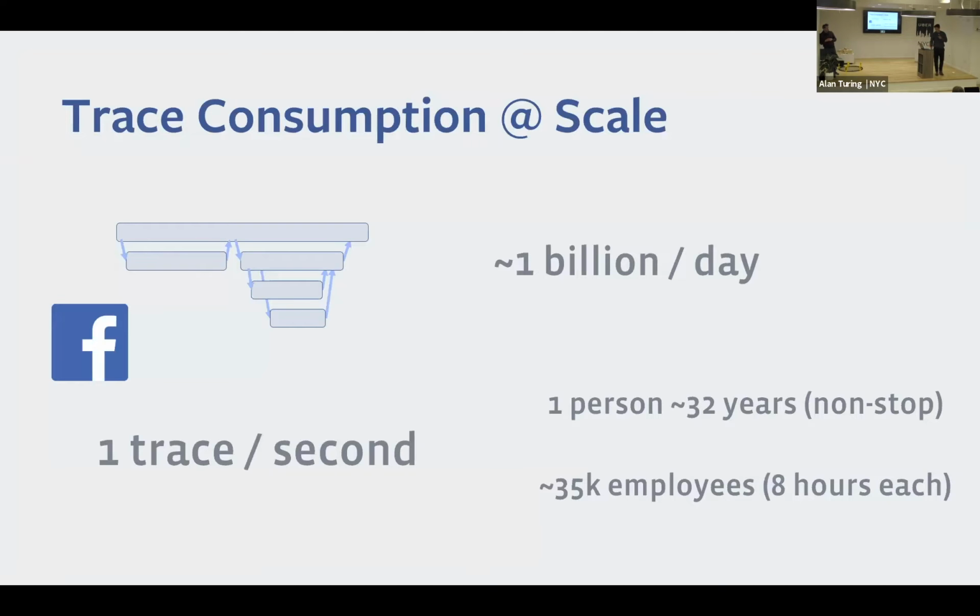So we've talked to a bunch of companies, a bunch of outside folks doing tracing. And one question we always ask is, how do you make sense of your traces? How do you use your traces? A lot of times the answer we get back is that someone takes 5, 10 traces and just looks at them and sees what goes wrong. And I think there's definitely a solution for a specific set of problems. But at the scale of Facebook,